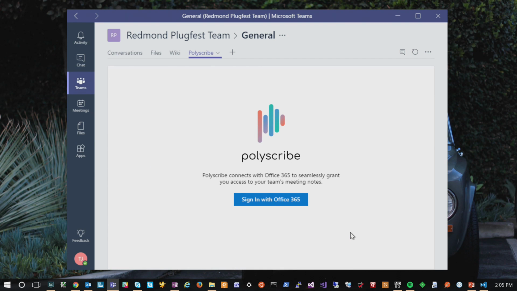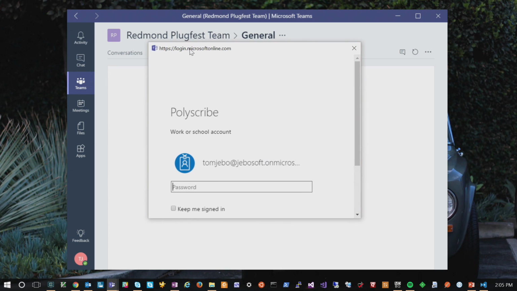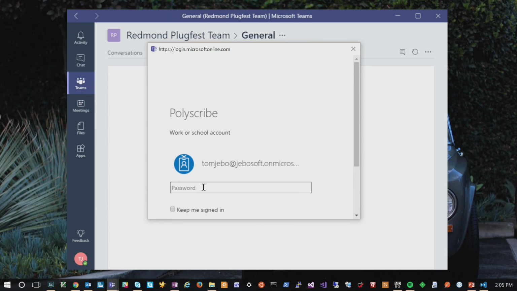And now what we have is the Polyscribe web app. This is the canvas for Polyscribe, and the initial UI that it displays is really just a way to authenticate me. Then it's going to display some of its other UI. So let's go ahead and authenticate. You can't see it because it's over on my other screen. There it is. So I'm going to go ahead and put in my password